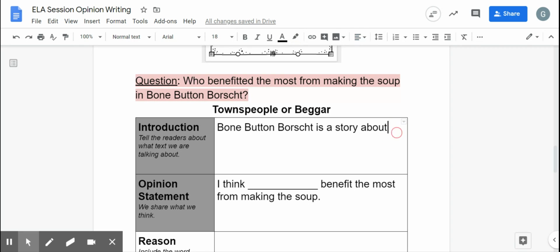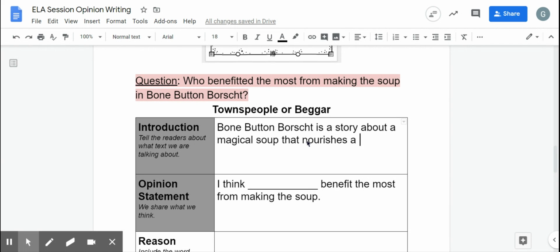We're going to have to tell our readers that Bone Button Borscht is a story about, what can we tell our readers that the story is all about? Bone Button Borscht is a story about a group of people who, maybe not a group of people, we could say Bone Button Borscht is a story about a magical soup that nourishes